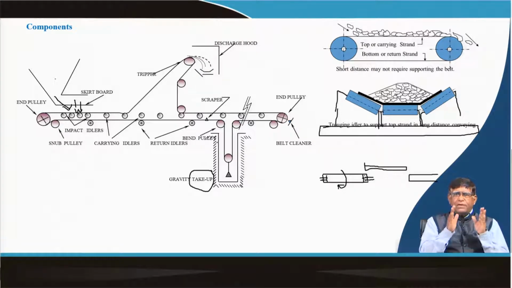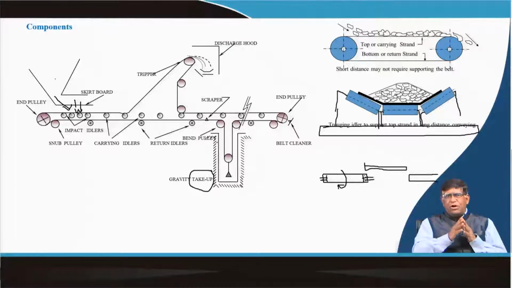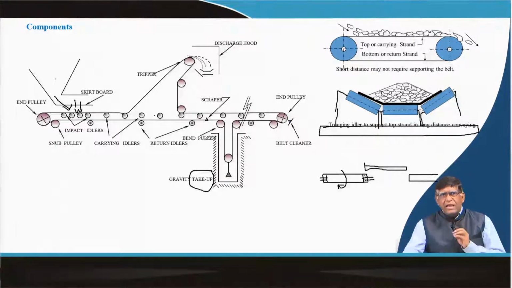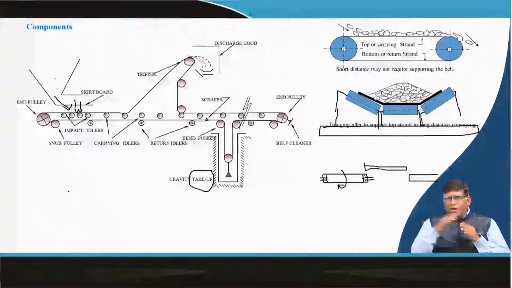So, now I think while you are listening, you have drawn the diagram. Now, once again you check what the main components of a conveyor belt system are. You have the end pulleys, you have idlers. Idlers are of different types. We have here 3 types: impact idler, carrying idler, and return idler, and these idlers are supported on a supporting frame. We have seen that a little while ago. Then there is a tripper. The purpose of the tripper is to discharge the material intermittently.